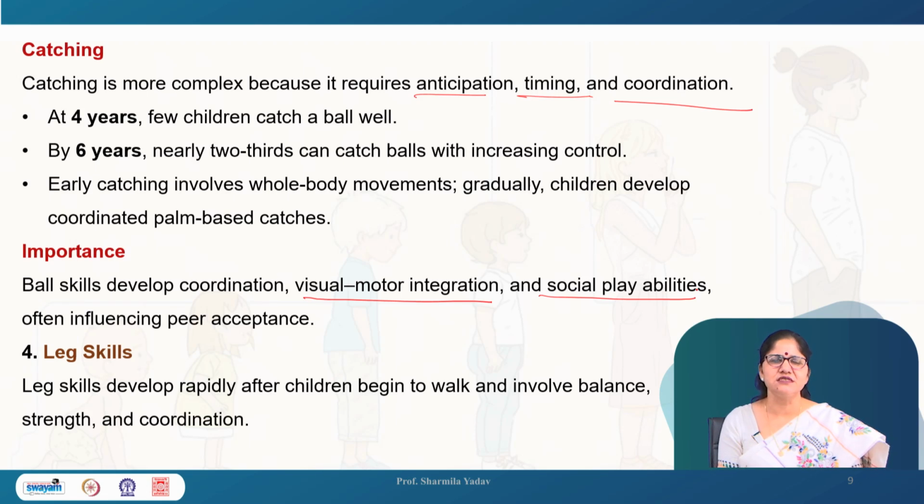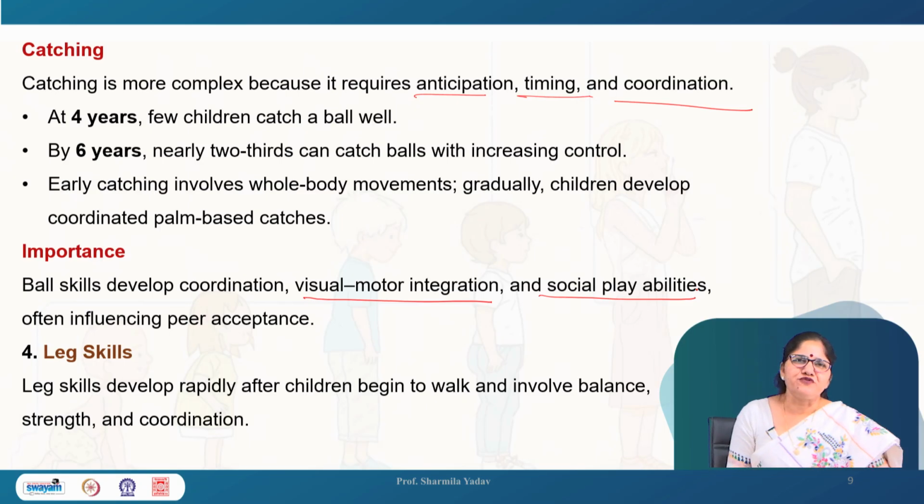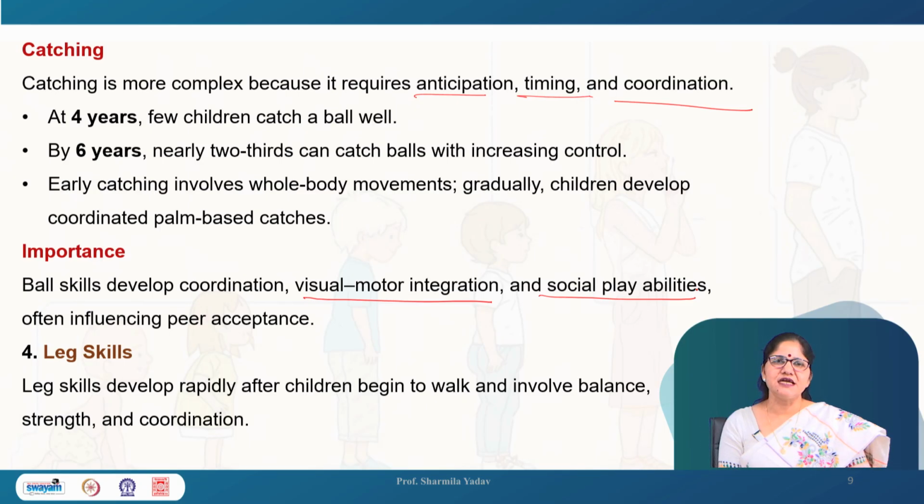You must have seen this. Those who have good friends, they are friends because of their competency and skills. He and she catches very fast and very accurately, never miss a catch. So this is very important for the peer acceptance, this particular competency, doing well in play and sports.